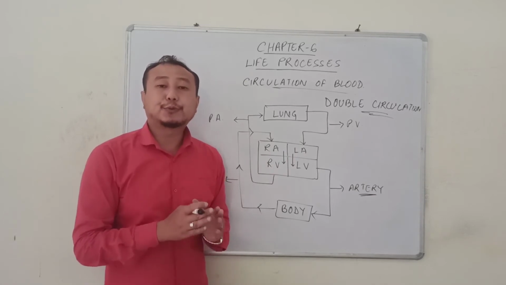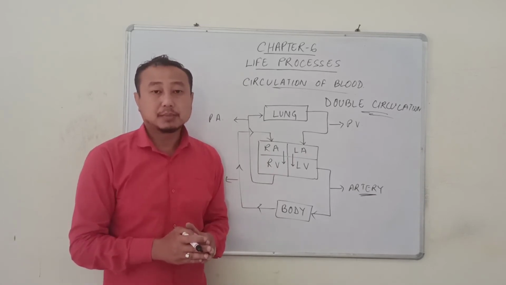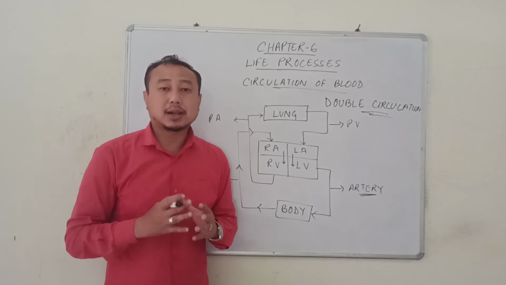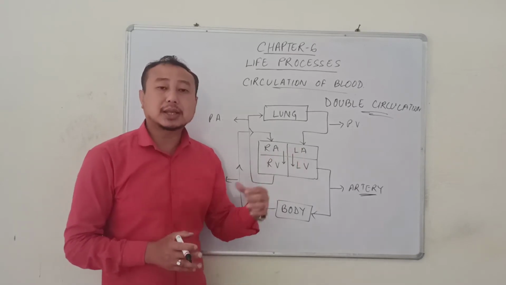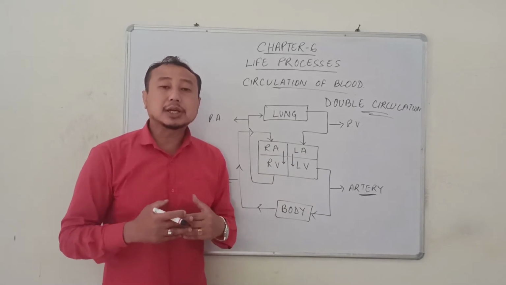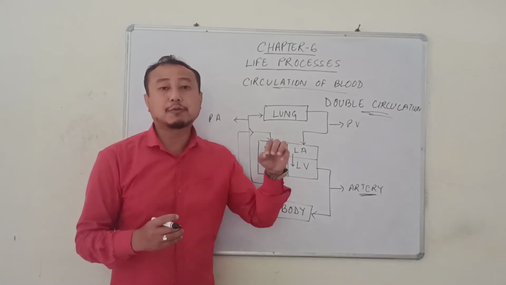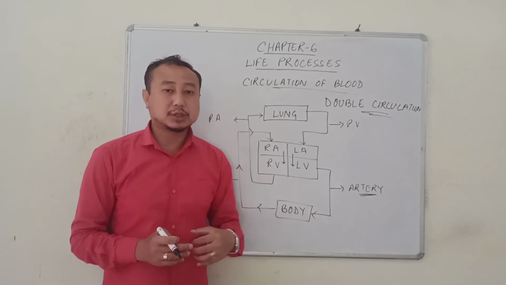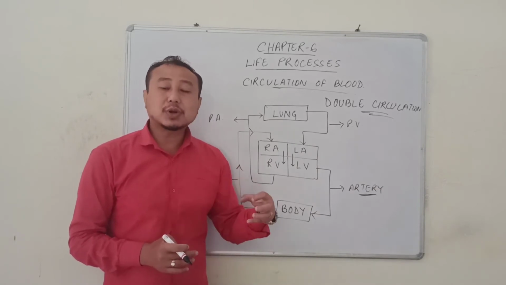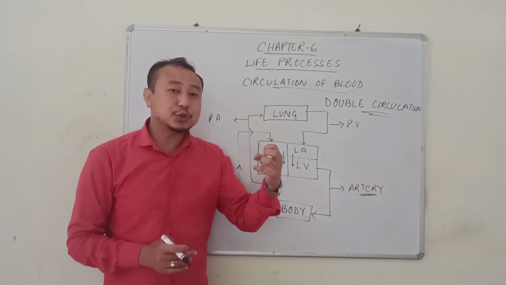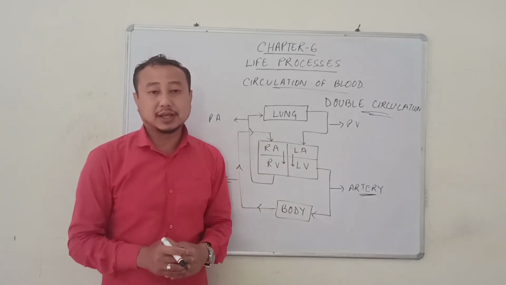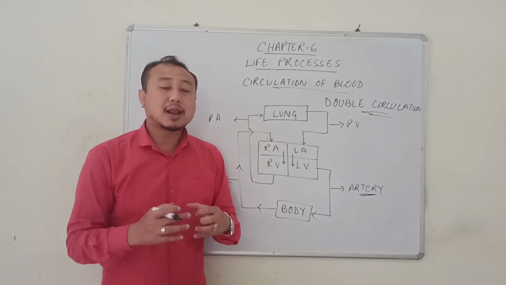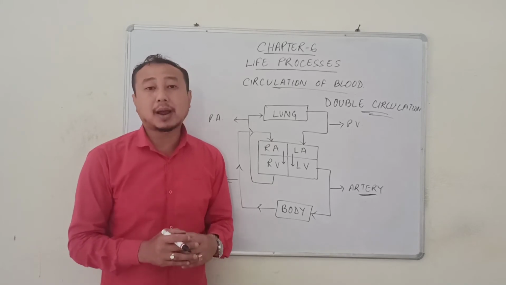This is very important for the warm-blooded animals because the warm-blooded animals require a large amount of energy, and the separation of the oxygenated and the deoxygenated blood helps in increasing the efficiency of the supply of oxygen to the cells for performing respiration. If they get a sufficient amount of oxygen, then the process of respiration will be performed effectively and they will be able to produce the large amount of energy which is required by the body of